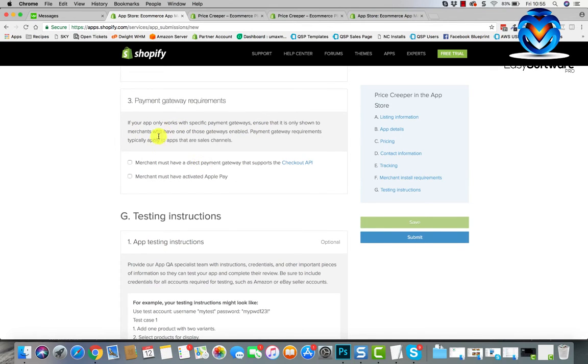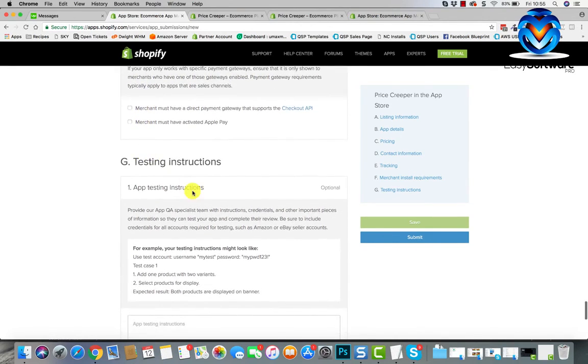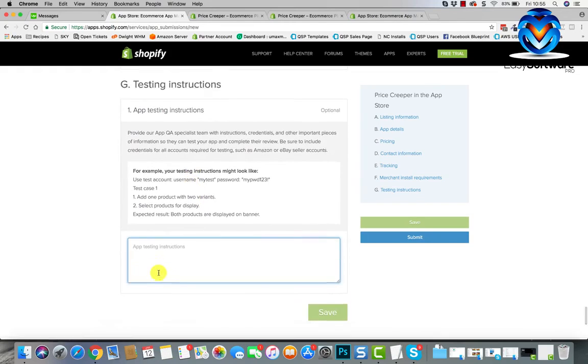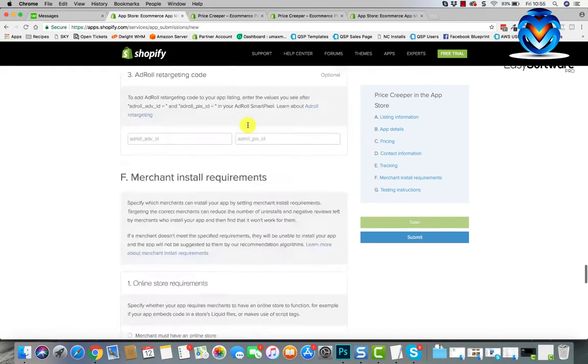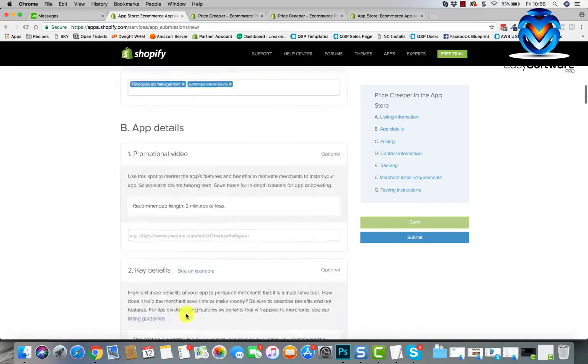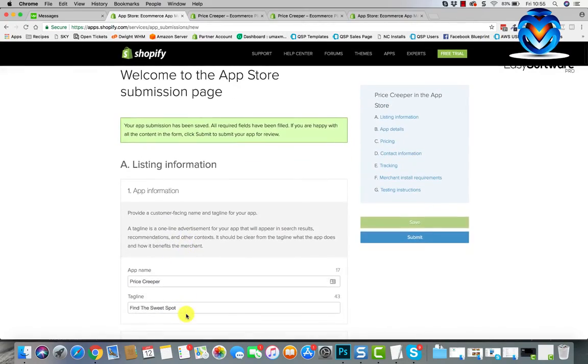I don't think you need to worry about that too much. Testing instructions, again, testing instructions for the App Store people. Then hit save. So really it's just about putting as much as you can into that. The more information you can add into that, the better your listing's going to be, and the more information somebody's going to get